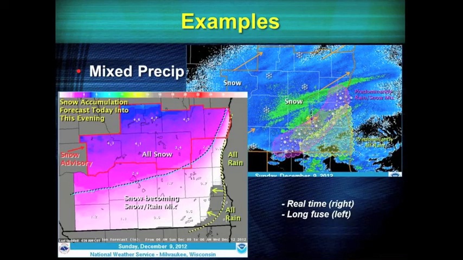Next is mixed precip. It was covered a little bit earlier, but we try to make these really easy to grasp. So we have a snow accumulation map on the left, and on the right, a radar image. With the advent of dual pol, it's really easy to discriminate where our rain snow mix and all snow is on a radar image. So this is something we can update and be fairly confident where the rain snow line is, and that's something we should take advantage of.